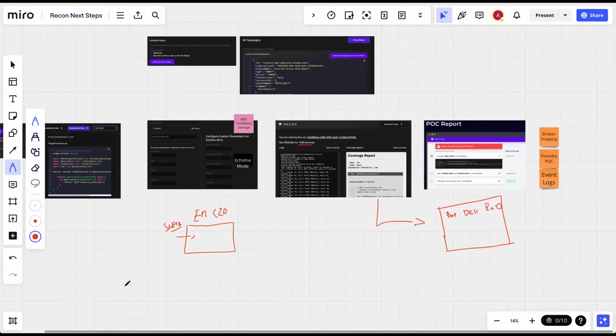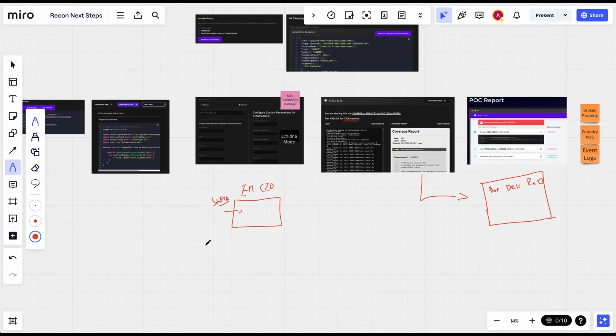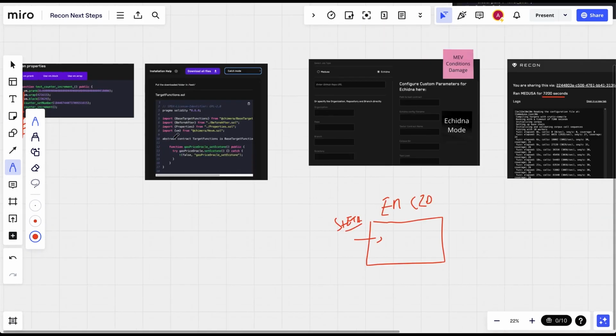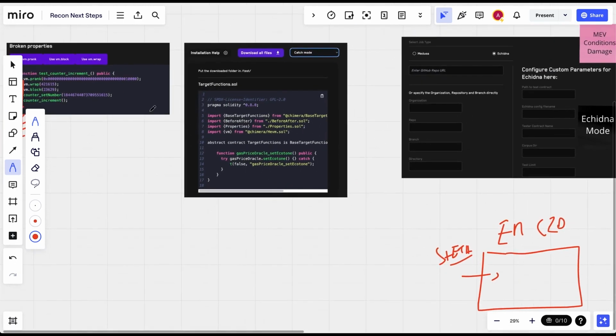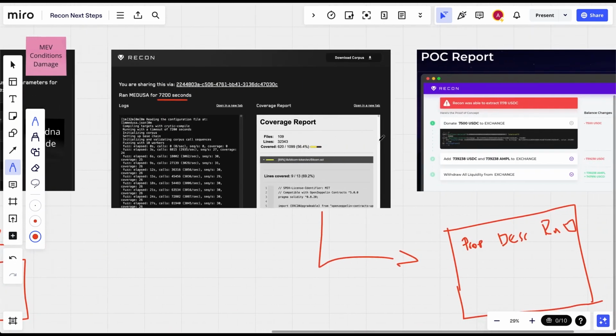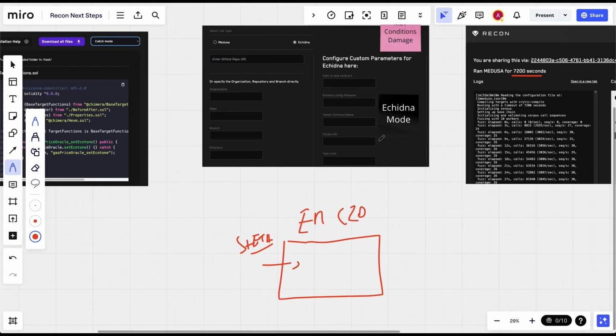So that's kind of what you should expect from us. On one end, quick new improvements on the product side, and then the ecosystem fuzzing, which we're gonna be talking about in the next